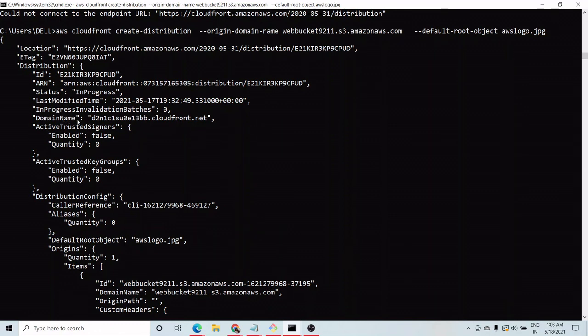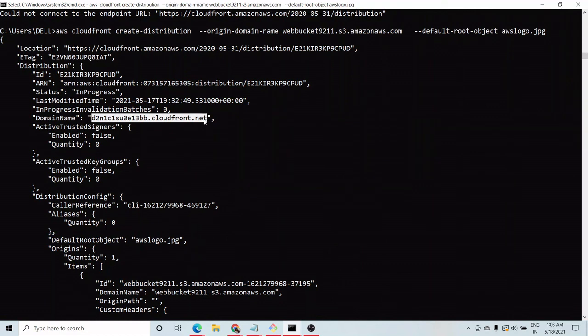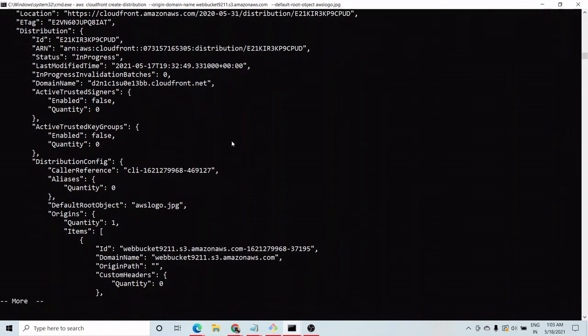It gave me the domain name also. So this is the domain name it created. So we will use this domain name inside our web page to host the image that we put inside that bucket. So we'll just copy it, and again we'll go inside our web page and we'll put its link there.